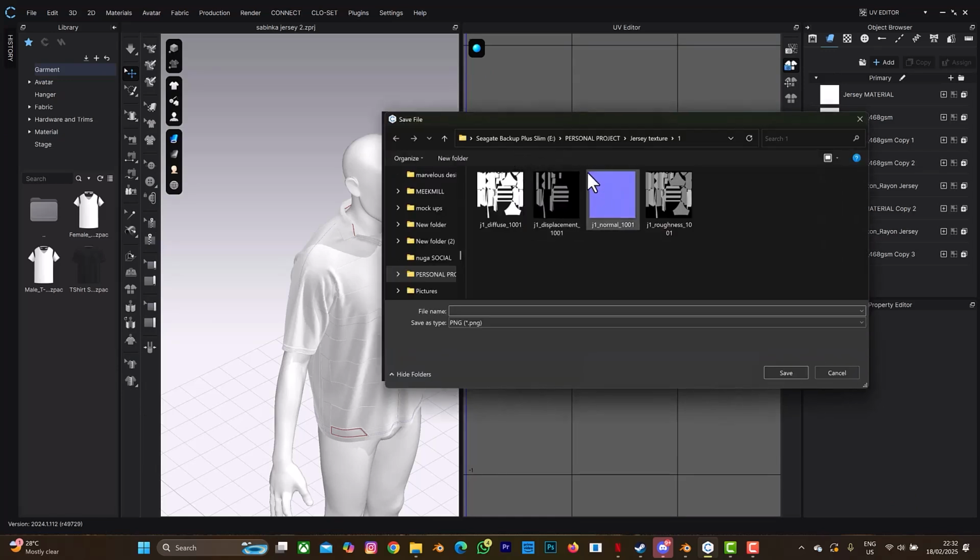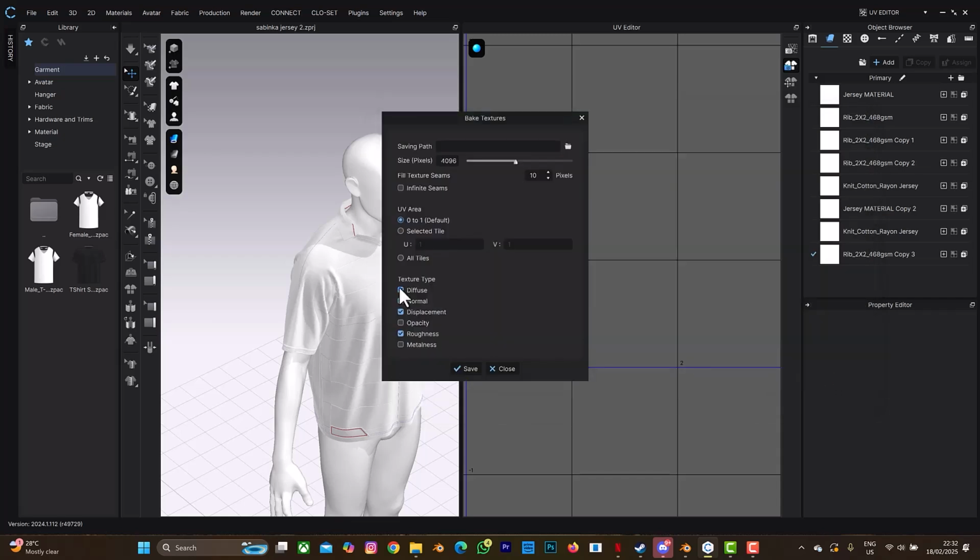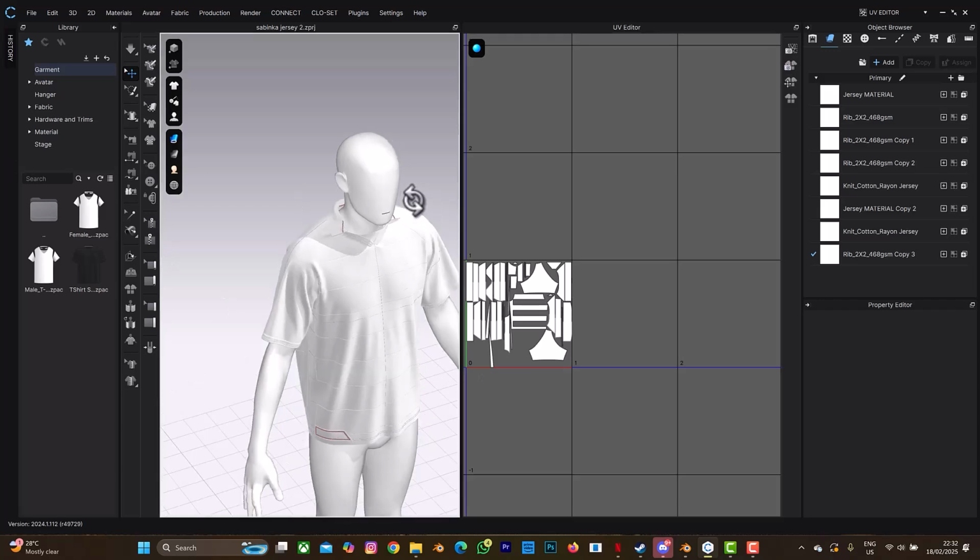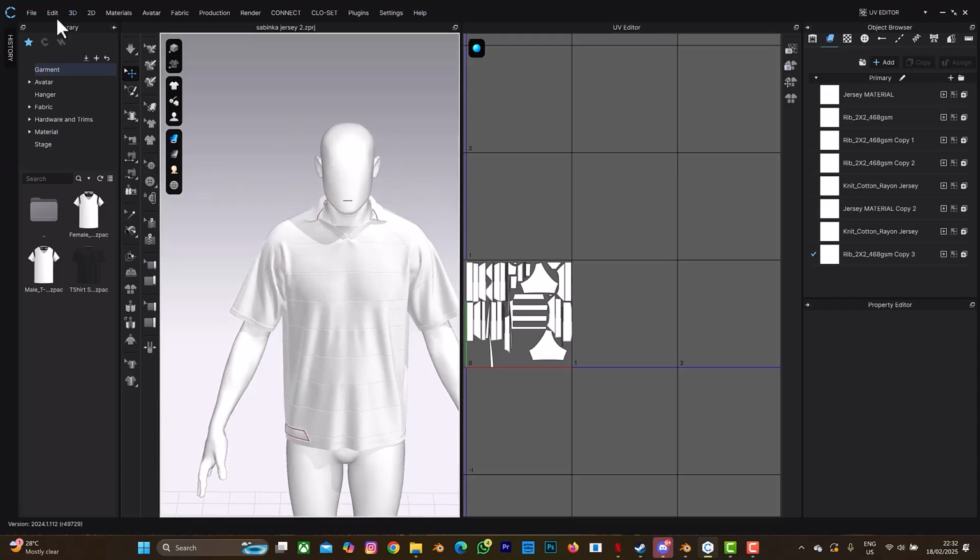And okay, yeah, can you see this is folder 1? I'm not going to save anything there, just cancel. So make sure you save it when you are following this tutorial. So 0 to 1, yes, and save. Then the next thing we just need to do is to export this as Alembic. So what I did is file, export, Alembic Ogawa,